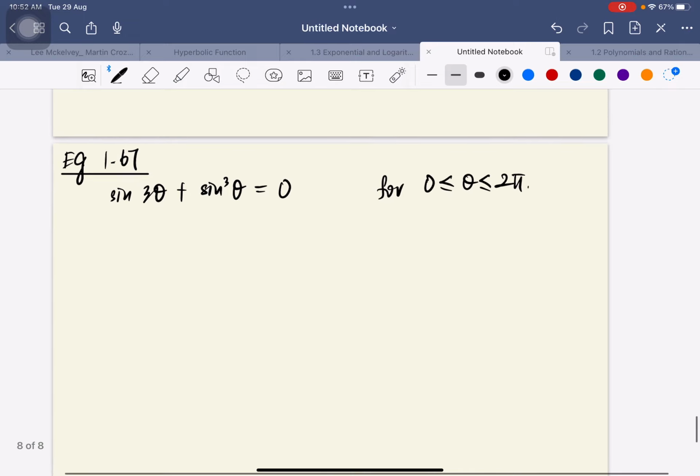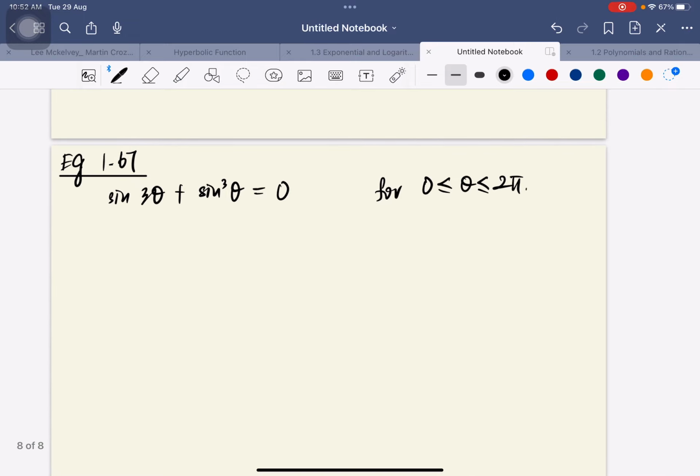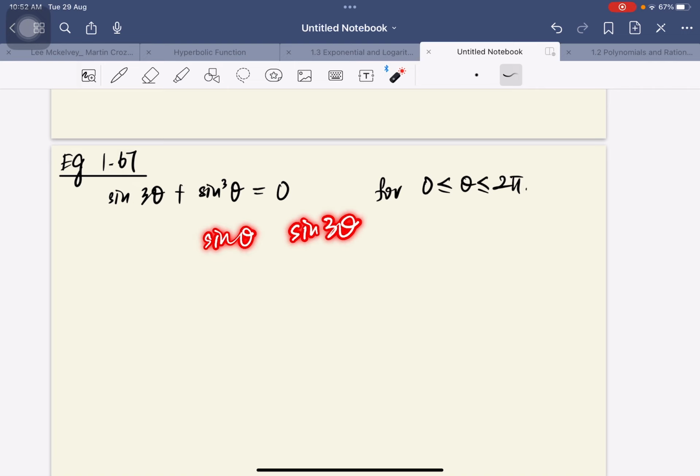Which is good, which is easier for us to solve, but this is sin 3 theta, not sin theta. I've never seen sin 3 theta before. So how can I further make it in terms of just sin theta instead of sin 3 theta? Because sin 3 theta is not the same as sin theta. It's like the angle is 3 theta. So we need to use